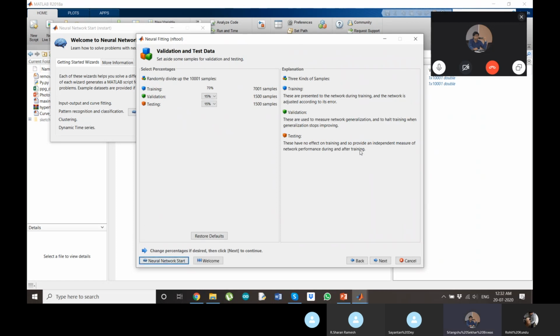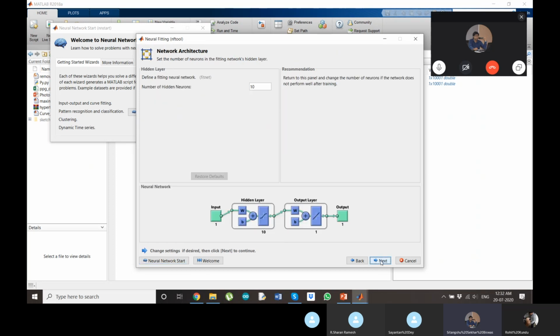That sample you can change based on your accuracy. Here is the number of neurons, meaning who is having more number of neurons, he is more brainy, like that. So you put 100 neurons. Put 100 neurons. Next,